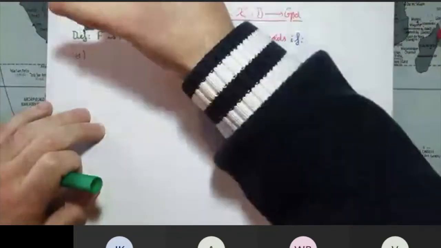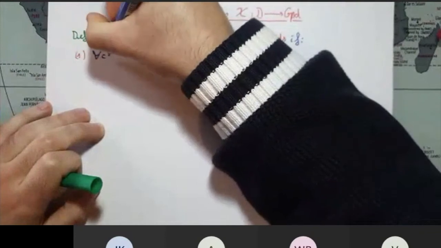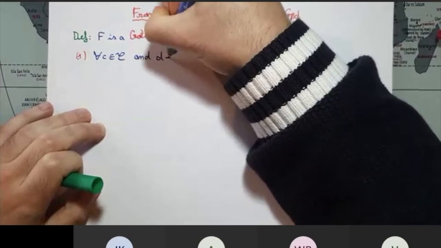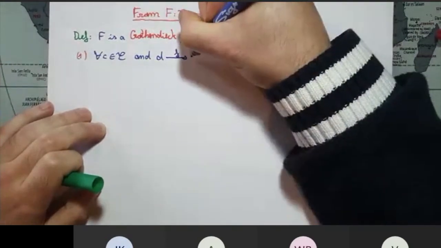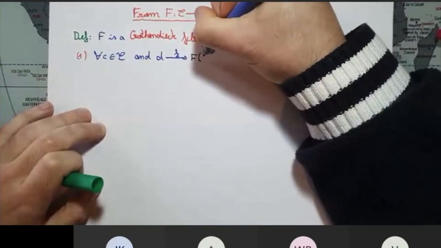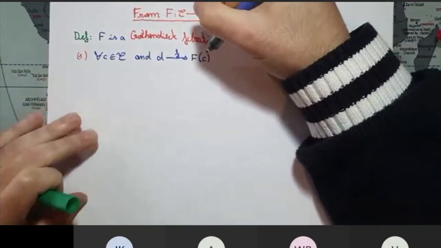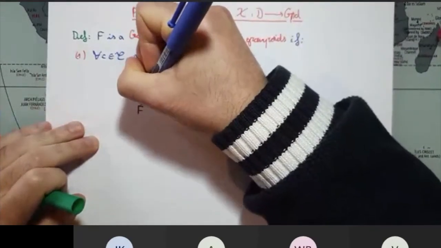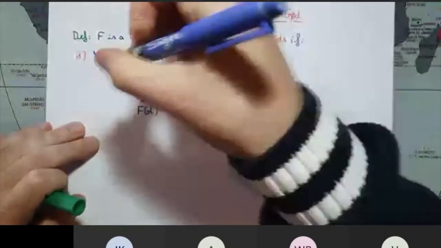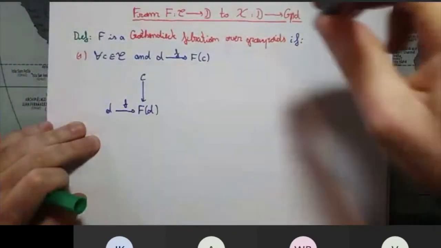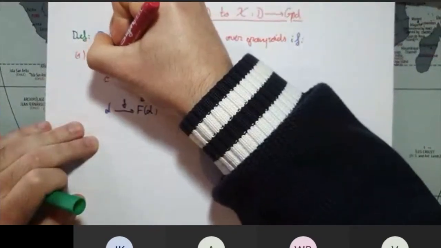So the first one is that for every object of C and every arrow in the category D from an object D to F of C, then we can lift the arrow F, so we can find an object